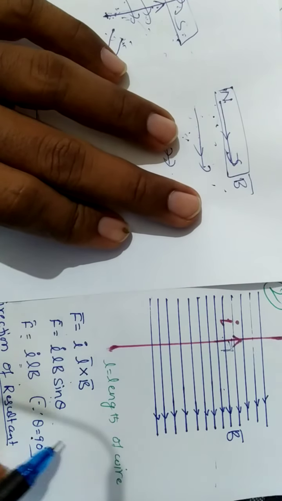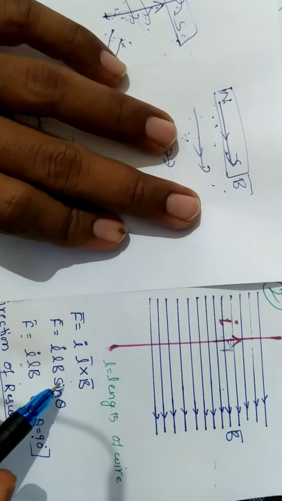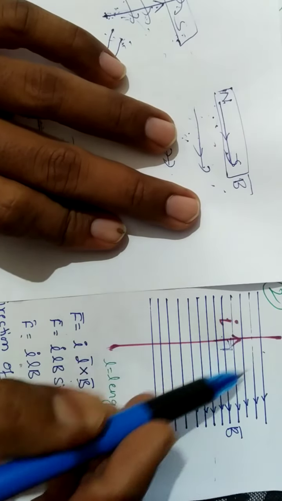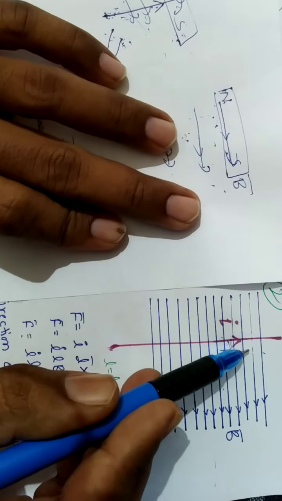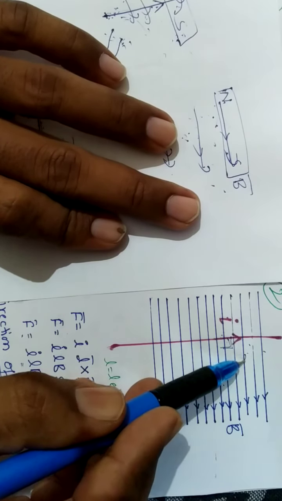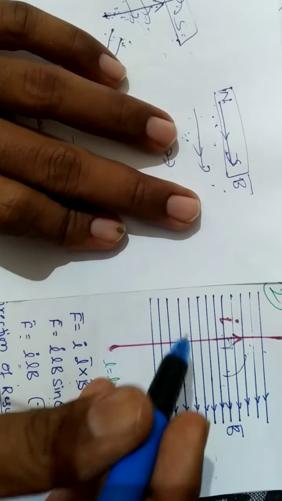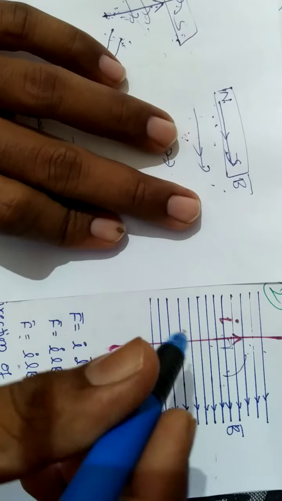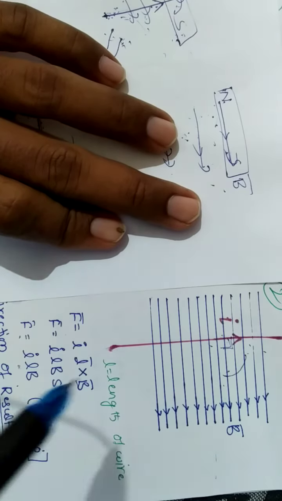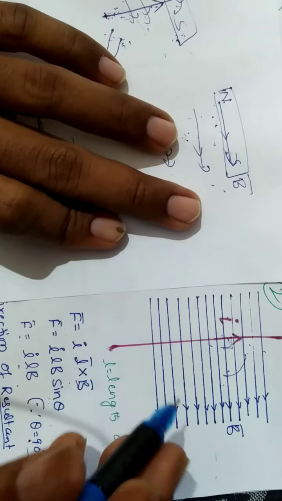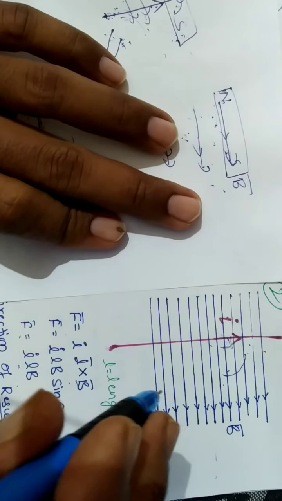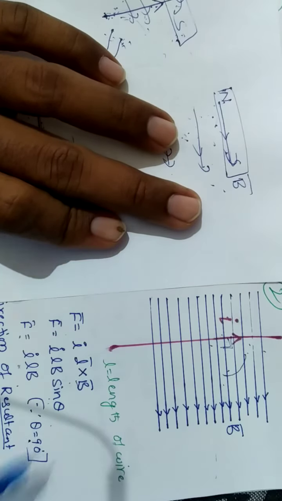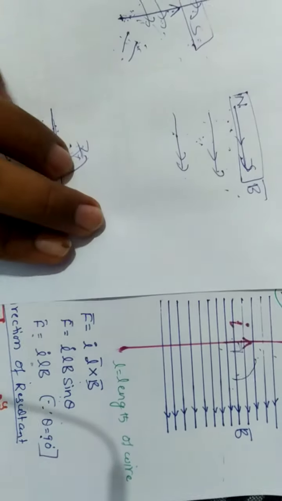In the cross product we again use the screw rule. Here we move from L bar towards B bar. L bar is upwards, B bar is horizontal. When you turn the L bar vector towards the B bar, we are rotating the screw in the clockwise direction. When the screw is rotating clockwise, you are fixing the screw inside the wall, so the tip of the screw moves inside the paper. It is perpendicular to the paper and inside the paper, so it will be along the negative Z direction.